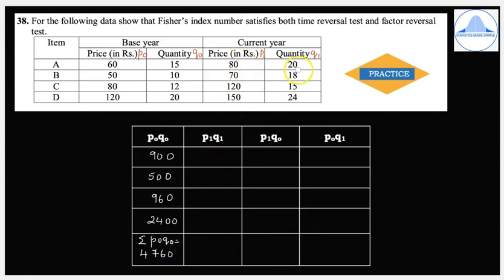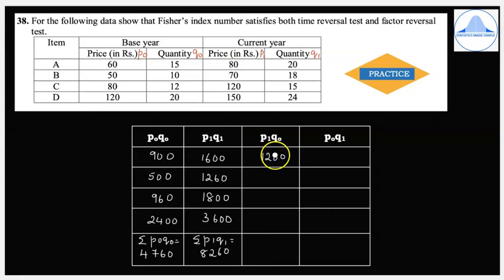Similarly, now find out P1 Q1. So 80 into 20, you will get 1600. Similarly, 1260, then 1800, 3600. Similarly, find out this total, that is summation P1 Q1, which is 8260. The next column is P1 Q0, that is 80 into 15 is